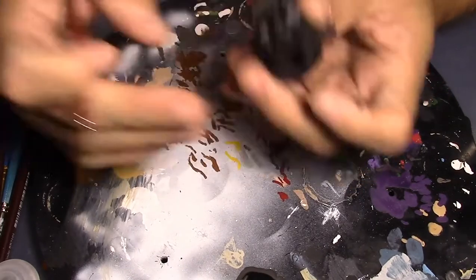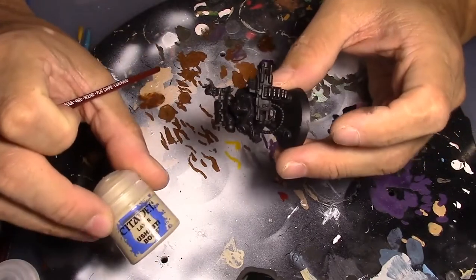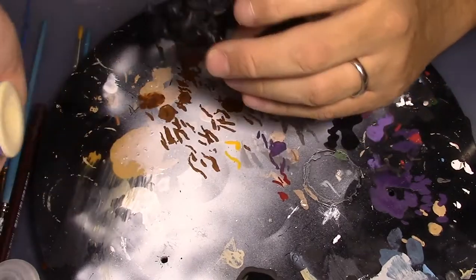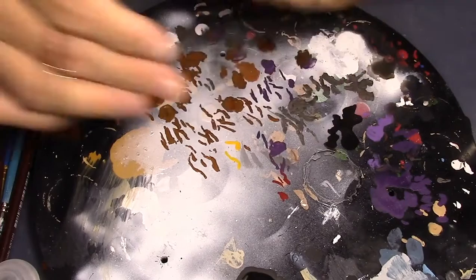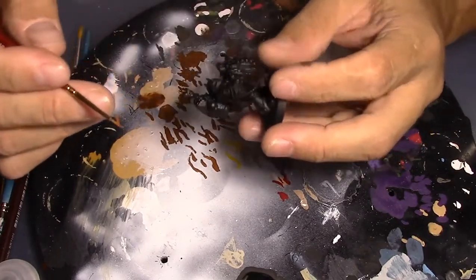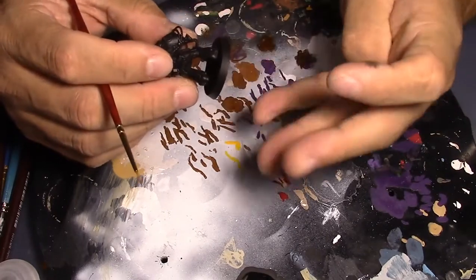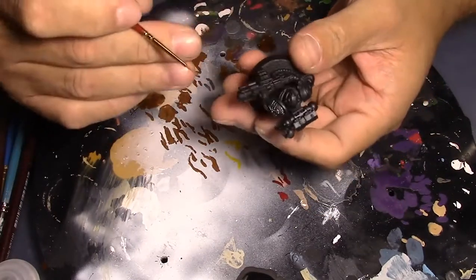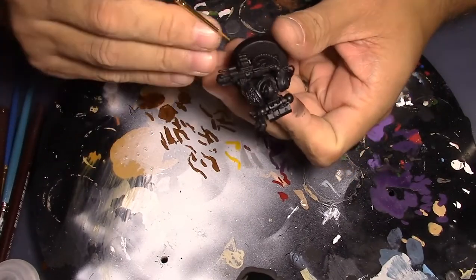The way I do the skulls is I do, where's it at? A Screaming Bone, and then I tone it down with a wash over it. Just basic on the skulls. I don't go through these three or four step processes, because these are just basic miniatures. More than two or three colors, but just tabletop quality. I'm not a master painter. So looking at this guy, I think I want to start